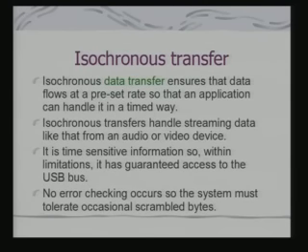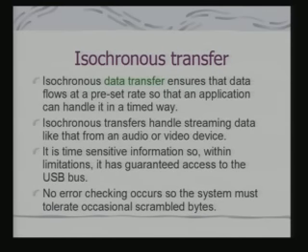The last one is isochronous transfer. What is isochronous data transfer? Isochronous data transfer ensures that data flows at a preset, fixed rate, so that an application can handle it in a timed way. So, isochronous transfer is primarily targeted for time critical delivery of data.